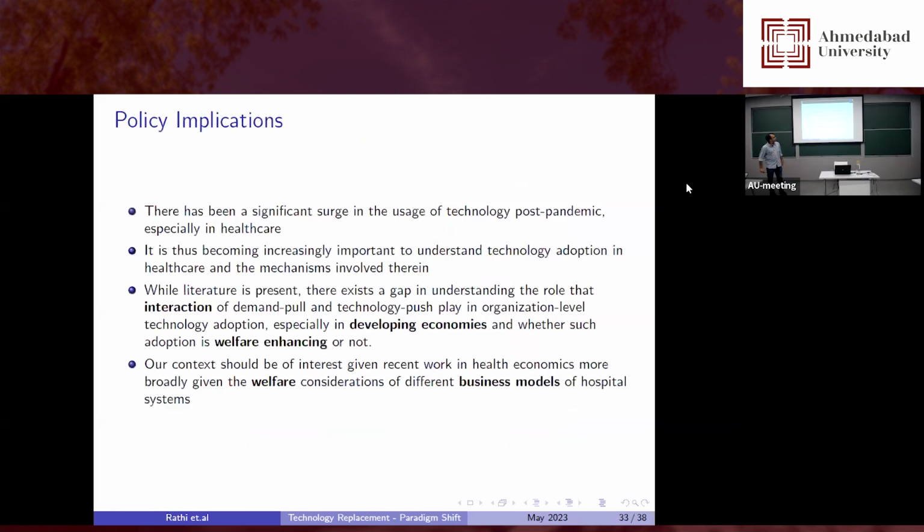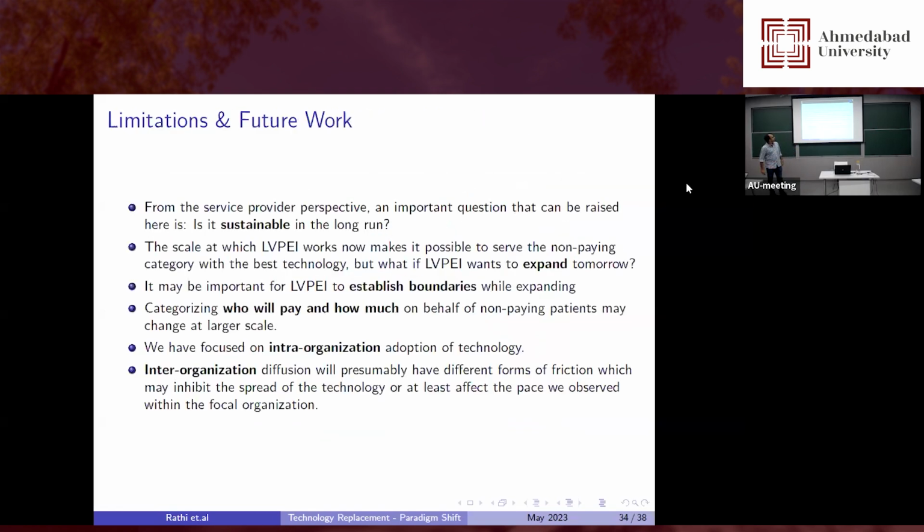Anyway, let me finish by summarizing this. One of the ways I want to explore further is that, at the end of the day, this is within one organization, intra. But how inter-organization knowledge spillover happens can be a very different mechanism to begin with. So that is one thing that I would like to spend more time on. The other thing is that